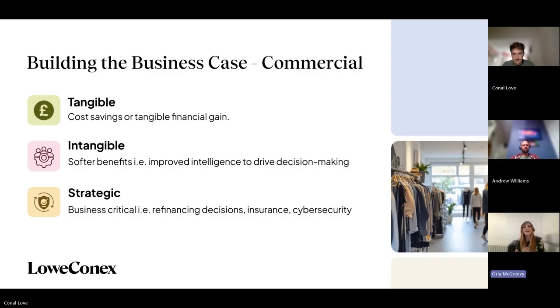But on the flip side of the coin, sometimes that means that the intangible and strategic pieces of a business case can be missed or overlooked. And actually, they can be just as financially valuable, if not more. So if I give some examples of how we've supplemented that through the intangible benefits, typically these are benefits that can have a really significant financial impact to the business, but they're harder to quantify before the